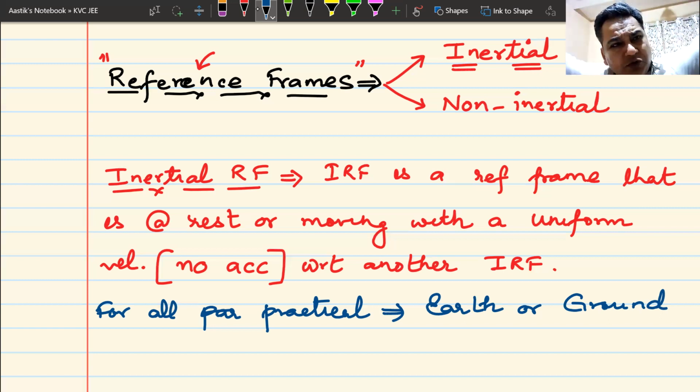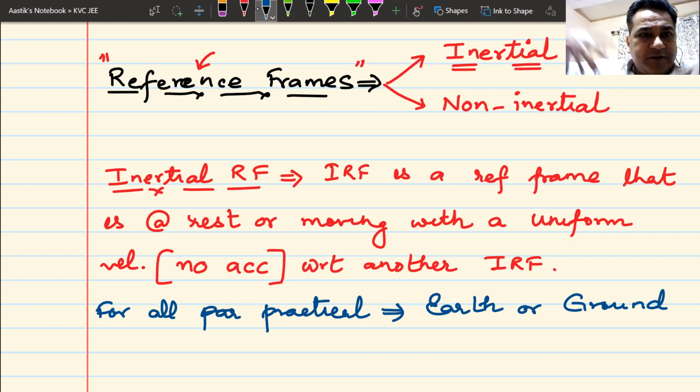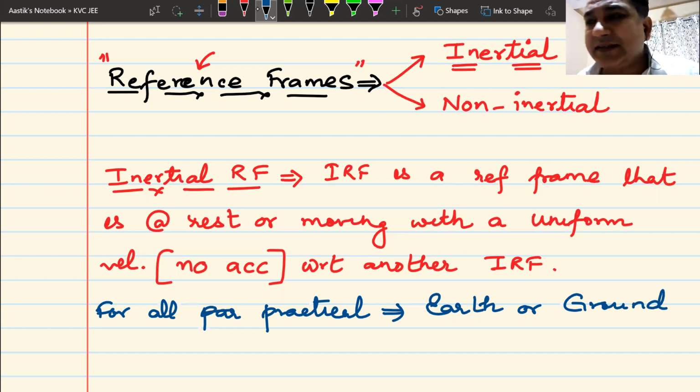Now, how do I get a perfect inertial frame? You have to go into space and be far, far away from all the planets, all the galaxies, all the stars. Astrophysicists believe that there is a very big void in space where there's nothing. So probably if you go into that void, you will not experience any force and you will not be accelerated. Then and only then can you become an inertial reference frame.